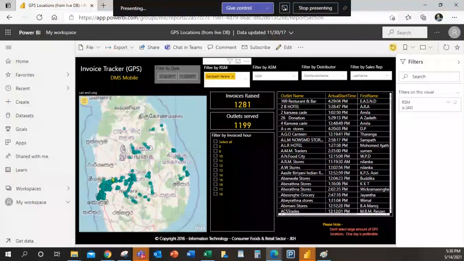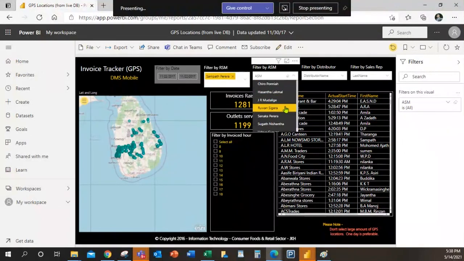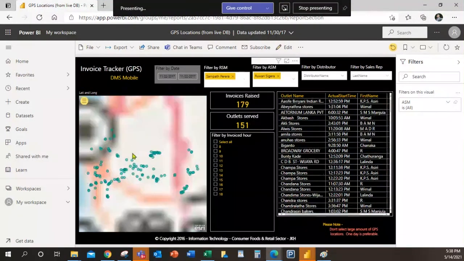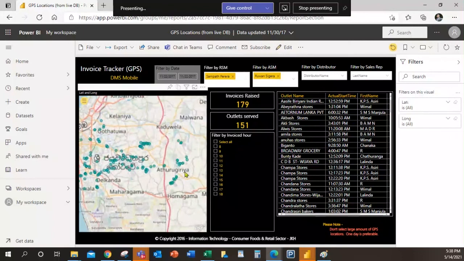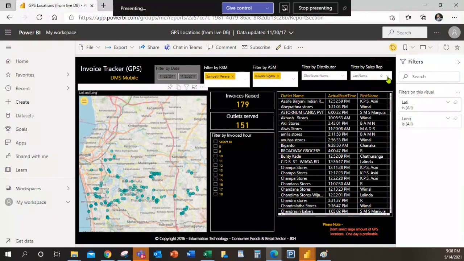Now from here you can see the territory of this sales manager. This is the area for that sales manager. Under that sales manager, we have some area sales managers, and you can see the filtration. It already filtered for Colombo and suburb area, Jayawardhanapura, Aturugiri, Haduwela. And under that ASM, we have sales reps. We have a few sales reps.